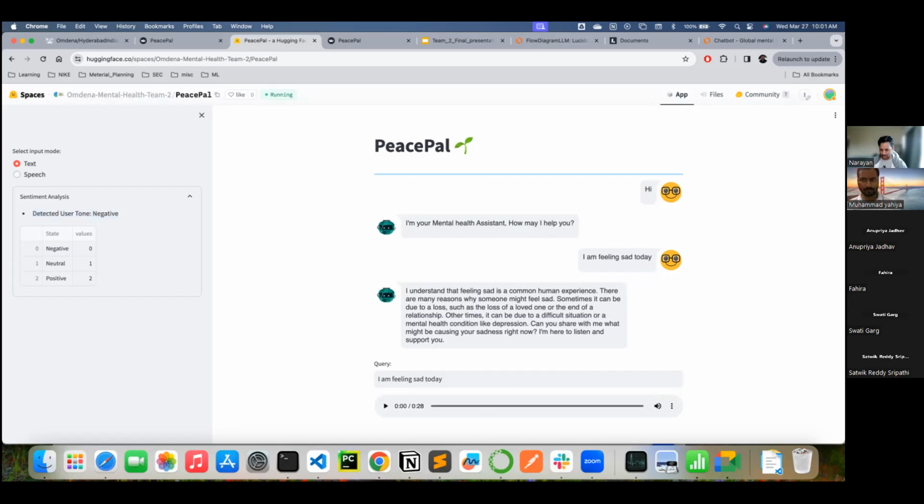We can also play this response here. The text-to-speech module is already implemented. It will also ask a follow-up question based on whatever we typed: can you share what might be causing the sadness right now, I'm here to listen.